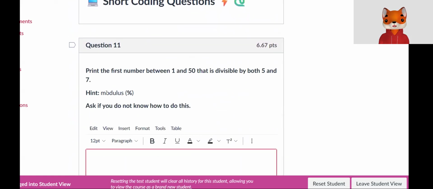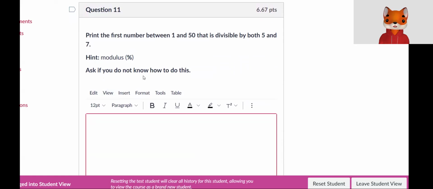So we're going to go ahead and move on to the next section here. We're going to print the first number between 1 and 50 that is divisible by 5 and 7. So what does that actually look like to us? In this case, if we're wanting to print out the first number between 1 and 50 that is divisible by 5 and 7, what we're actually going to do